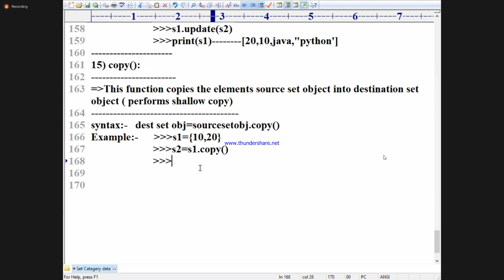Example already done. You take print of, of course you already understood this part. Print of S1 comma S2. Try to write it: 10, 20, again 10, 20. Just for a line you write it S2 dot add of Python.